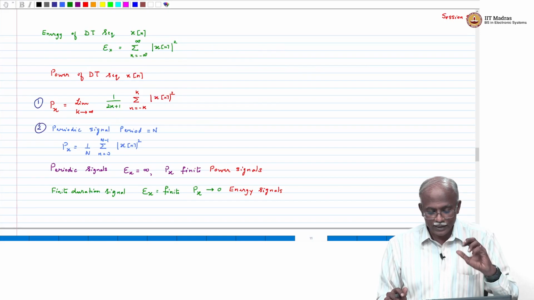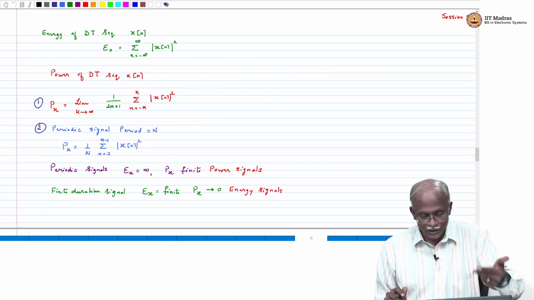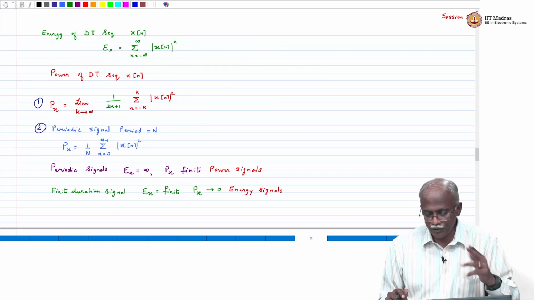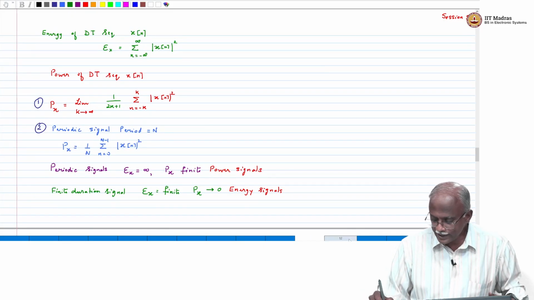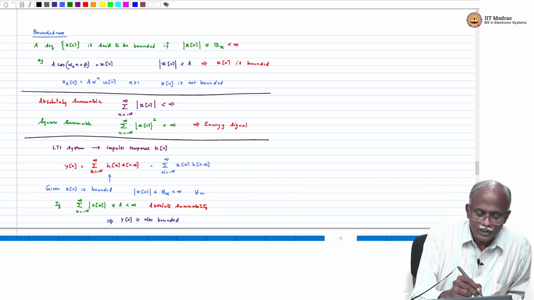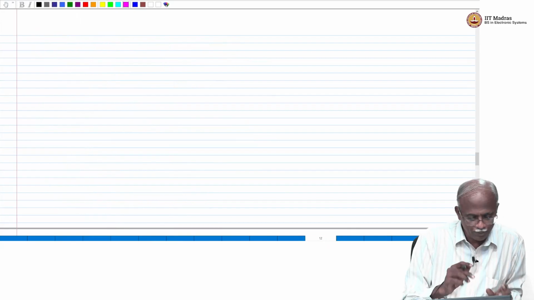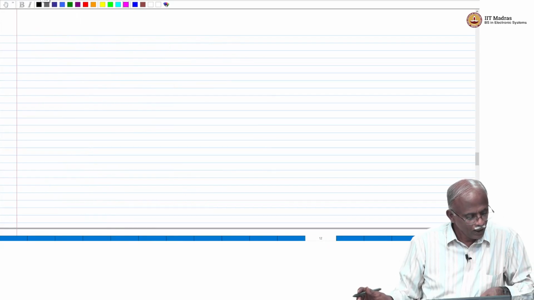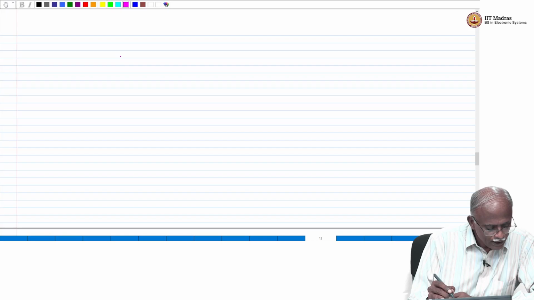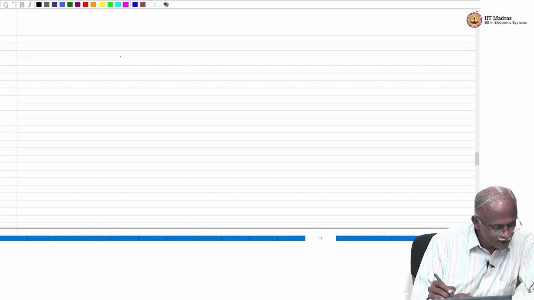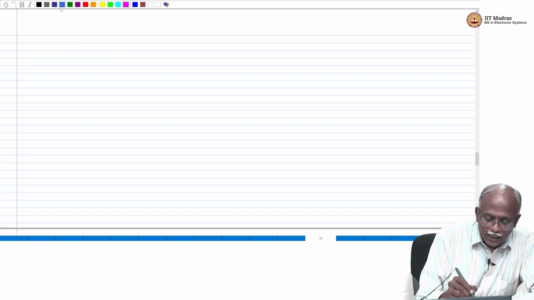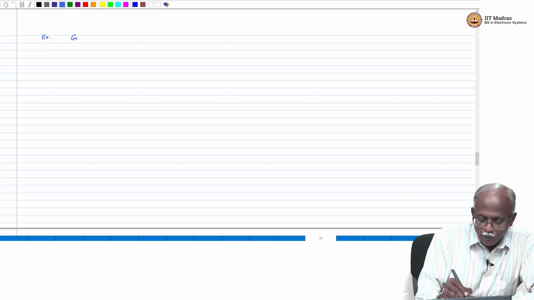Then we looked at the definitions of the energy of a signal and the power of a signal. I would like to just do a few examples so that you are comfortable with the application of the concept of energy and power. Okay. So, the first one that we would like to do is, we are